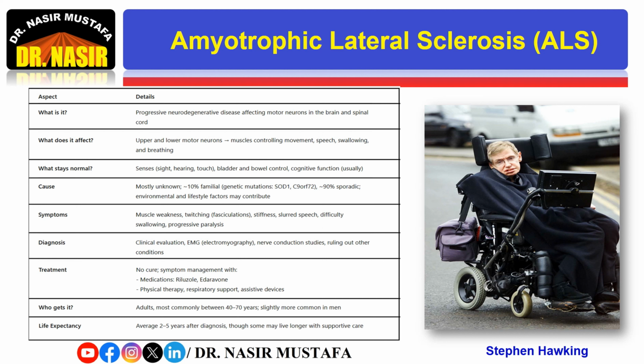Symptoms include muscle weakness, twitching, stiffness, and trouble moving. Doctors diagnose ALS with exams and tests like EMG. There is no cure, but medicines and therapies can help manage symptoms. ALS usually affects adults between 40 and 70, and life expectancy is